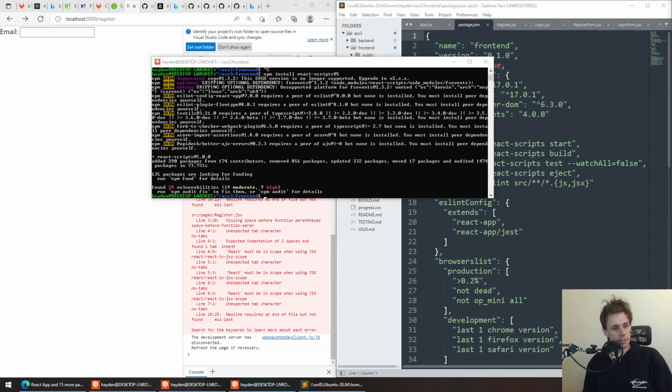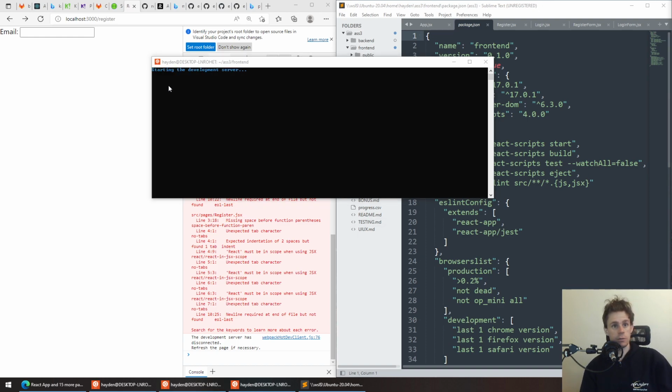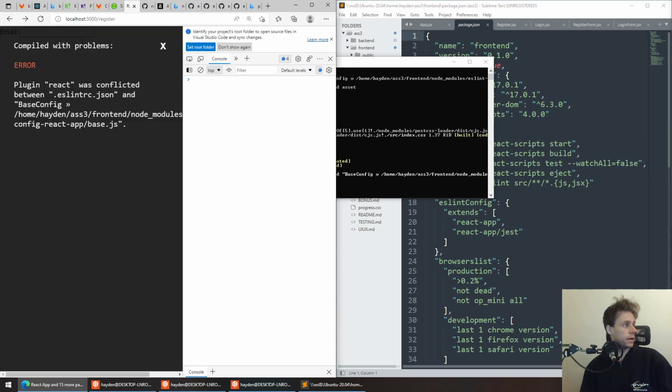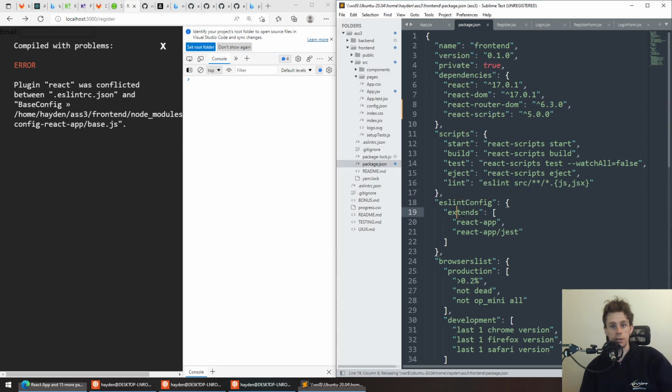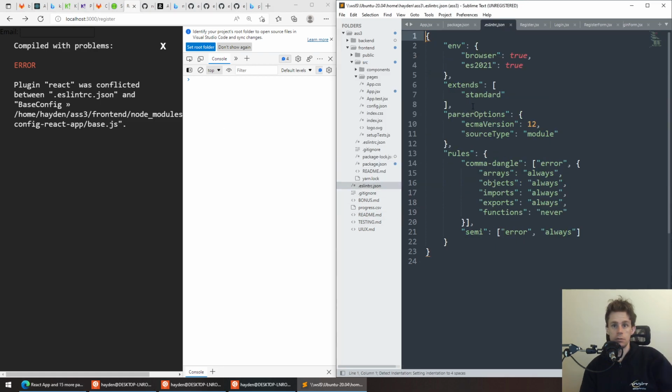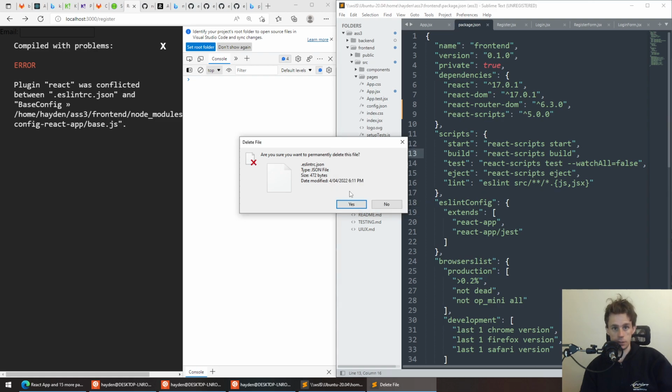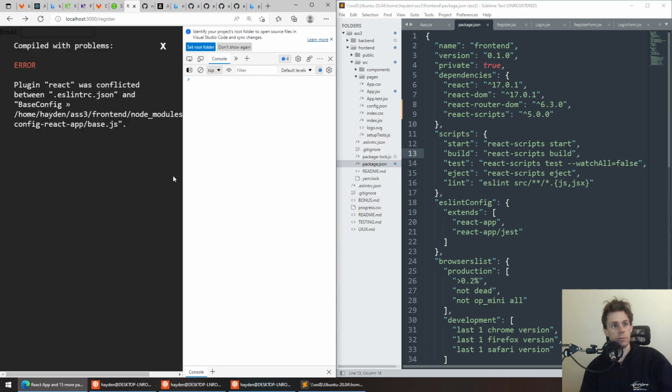Okay, so Mitchell says this update solves the Node 17 problem as well. So versioning is a very serious and interesting topic. Well, let's see if this solves that. Okay. Now I'm getting some strange errors. Plugin React was conflicted between... I'm just going to have to remove some stuff, just for the sake of the lecture. I'm going to get rid of the ESLint file just for the moment. I don't want to do that, but I'm conscious that we're being recorded